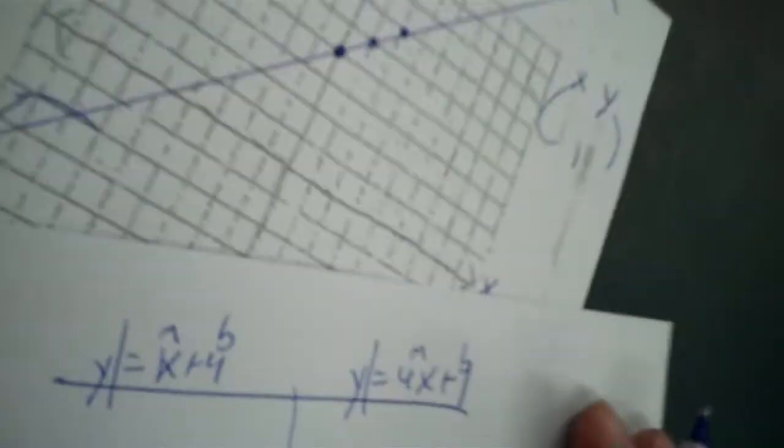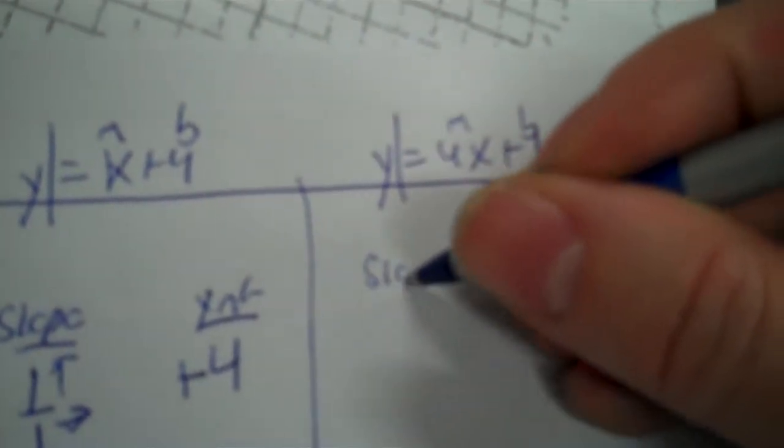Okay, and then the other one, y equals 4x plus 1. Again, y and x are here, so it's all set up. y is by itself, m and b. Okay, so m is the slope, b is the y-intercept. Remember what m and b stand for. I know that's annoying. Why would you call m slope, b y-intercept? That's algebra for you. Okay,